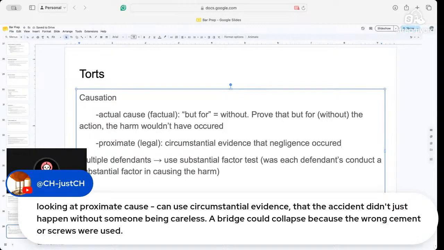Yes, that is exactly right. Because for example, in the coffee machine example, you could say, well, if they didn't use the coffee machine, there wouldn't have been coffee and then it wouldn't have burnt me. But the second type of causation would have limited it because you can make coffee with that coffee machine all the time. Something else must have happened. And I think that's exactly what you're saying, CH. The person who probably set it to be that hot is the one responsible.